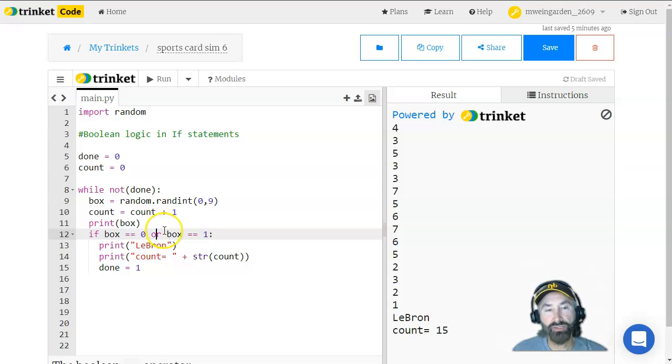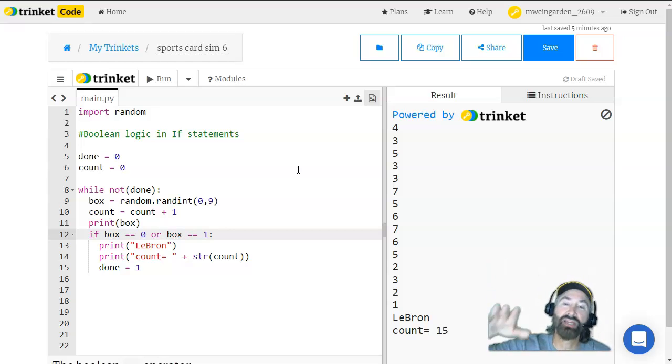Now, today I want to introduce you to another Boolean idea, which is the AND. Now, why do we care about the AND? Well, the problem is that as we go through and we write the code for the simulation, if we want to do the complete simulation and find out how long it takes to get a complete set, then we have to have a way of determining whether or not we already got a LeBron, and if we do, then well,